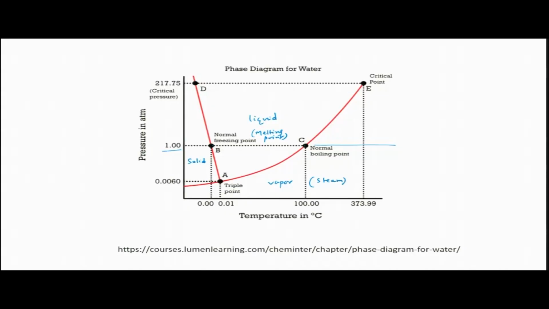Now, question is, if we look across this line, and across this line, the situation will be very clear. Across this line, if we start from this point and increase pressure, at this particular location it will start forming liquid. And then if we cross the pressure, everything would be liquid, all the vapor will convert into liquid.